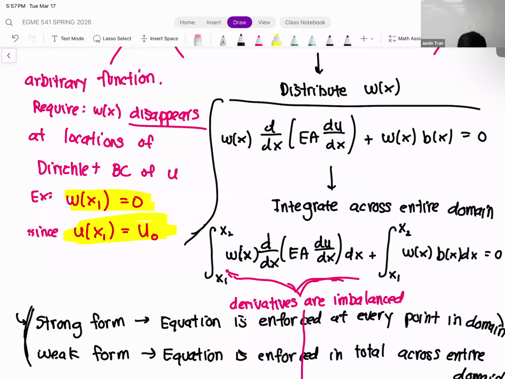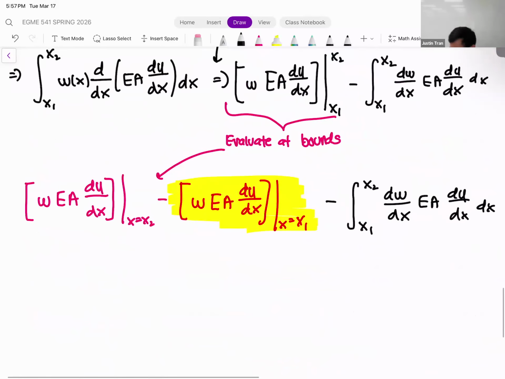Coming back down, we're evaluating W times EA times du dx at x equals x1. Since u has a Dirichlet boundary condition at x equals x1,